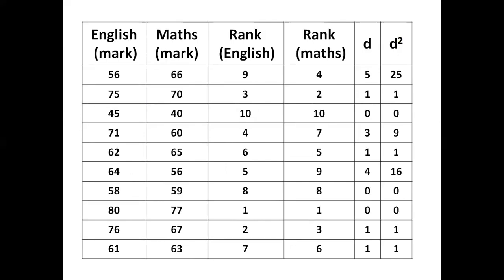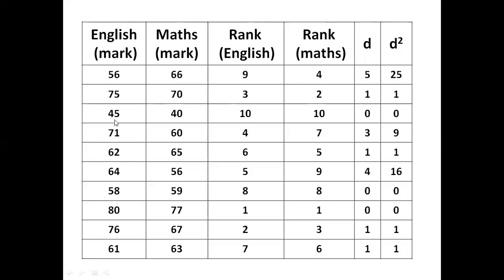Suppose out of 100 we have 100 marks, then we can give rank 1, or if we have 80, meaning after 100 the second highest number is 80, then we will give it second rank. In that manner we rank these values. As you can see here, 80 is the highest mark in the English subject itself, so we have given it first rank. Then second rank is given to 76, because this is the second highest mark in English.